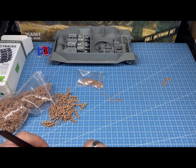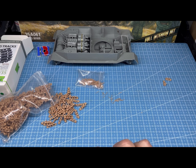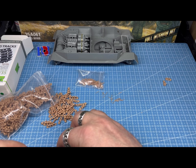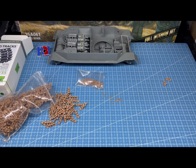It's a terrible shame that no one's importing them and is a wholesaler in this country, because they would then be around about the £25 mark, and they would be a viable option for replacement tracks. I know a lot of people do,